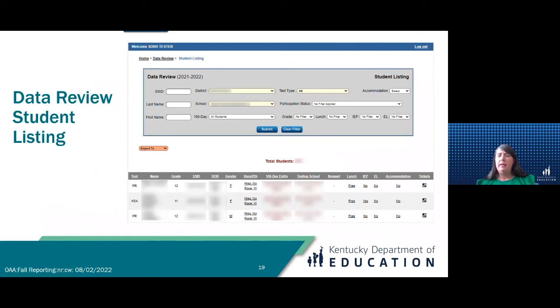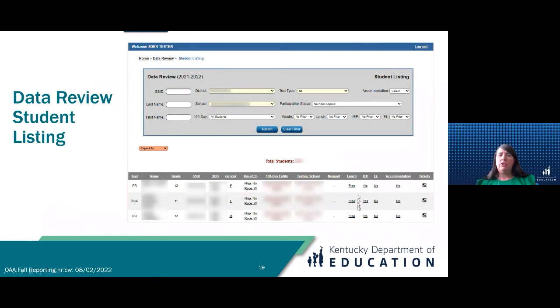If they were not tested, then they should have a valid non-participation, for KSA, for example, was the student a first year EL? Was the student withdrawn during the testing window, after the testing window began? Those are non-participation reasons, and we have lots of them, and those non-participations are by test. They change, and we'll look at some examples of the changes to those.